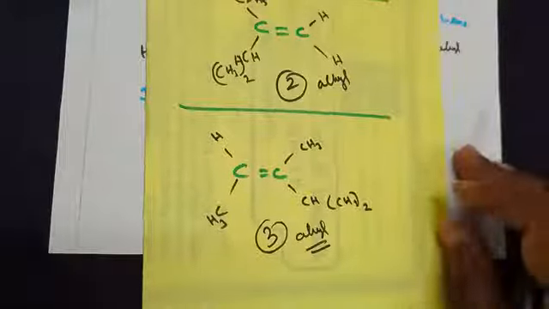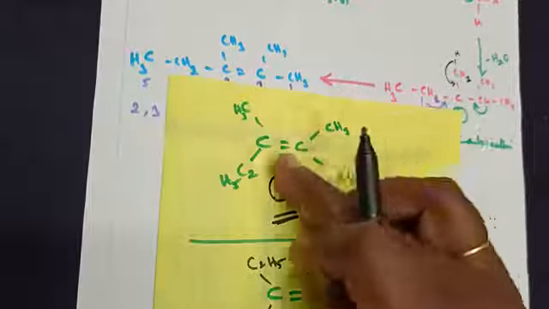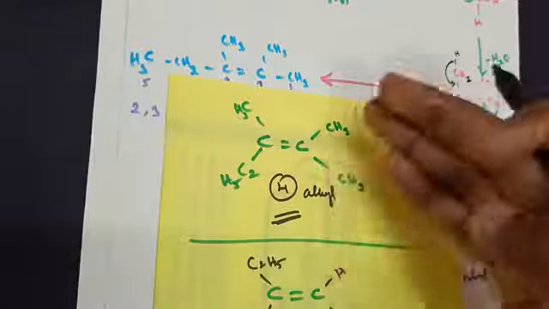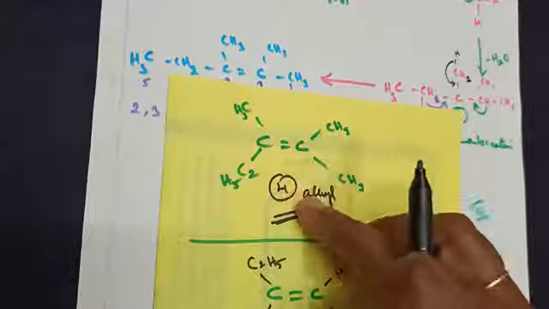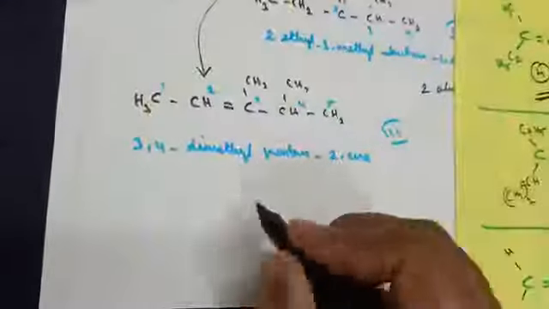I know the reactions are longer, but it matters with what interest you are working out the concept. So directly identifying may be difficult for most of you. But if you go about identifying it in this manner, you can easily identify how many alkyl groups are there. So product 1 has 4 alkyl groups, product 2 has 2 alkyl groups, and product 3 has 3 alkyl groups.